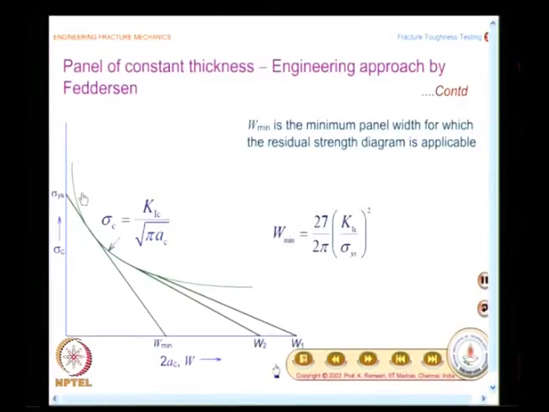I suppose you have been able to draw the graph, and it is very simple. You have to appreciate the concept, and you will find that there has to be a minimum panel width, where you have only a straight line, and that dictates this. So, you need to have a panel longer than that. Once you understand it, constructing this diagram is fairly simple.